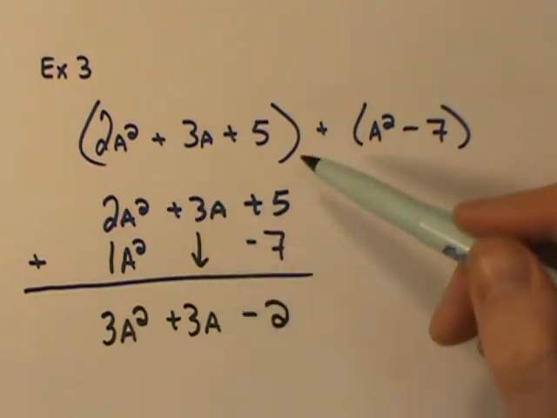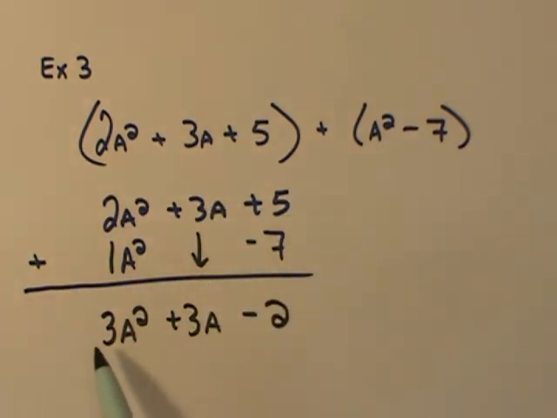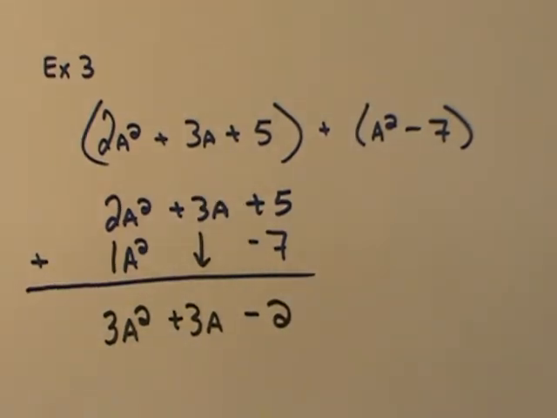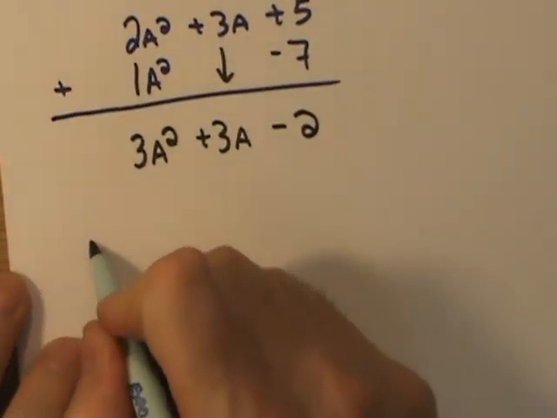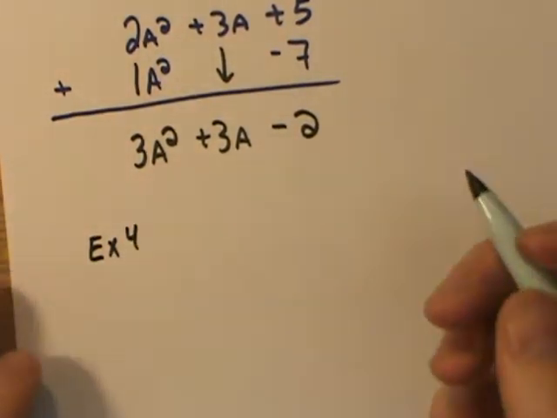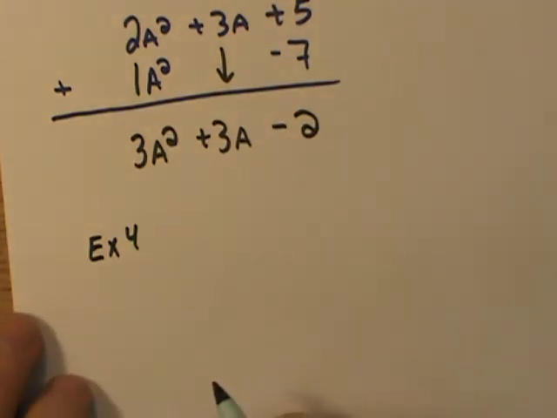A was by itself, numbers with numbers. Final answer, 3a squared plus 3a minus 2. Know when to stop. You cannot combine those. I know it's tempting, but let it go. Let's do an example 4 where we have a subtraction. And let's say something like